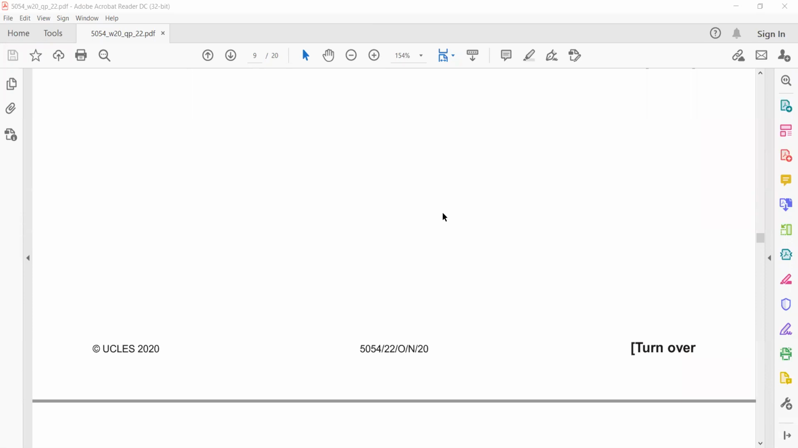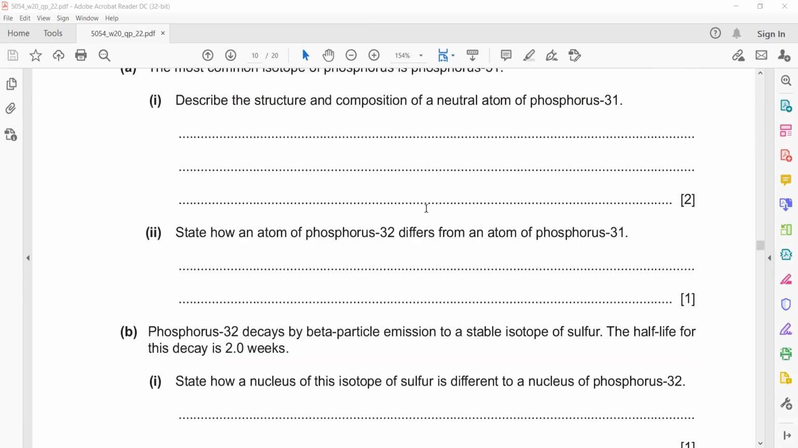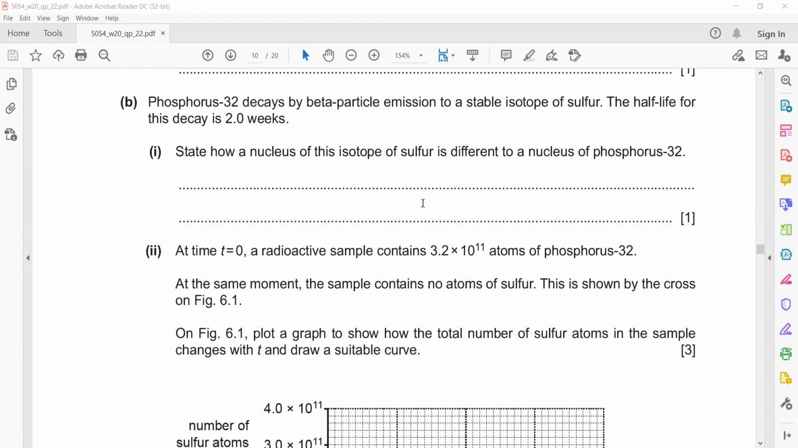Question 6, part b, 1 and 2. Phosphorus-32 decays by beta emission to a stable isotope of sulfur. The half-life of this decay is 2 weeks. State how a nucleus of this isotope of sulfur is different from